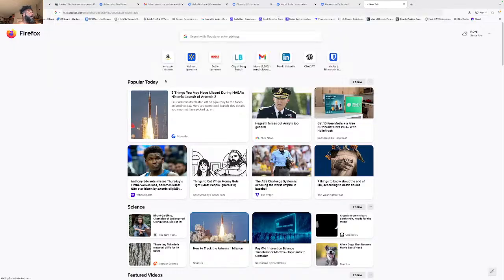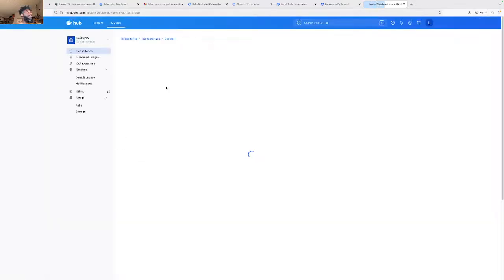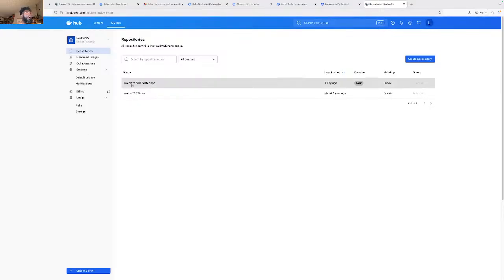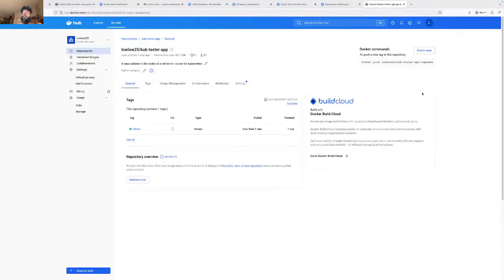So here's my Docker Hub, and I spun up this Docker image through Docker commands, where you build an image, right? Let's see if I still have these Docker builds.